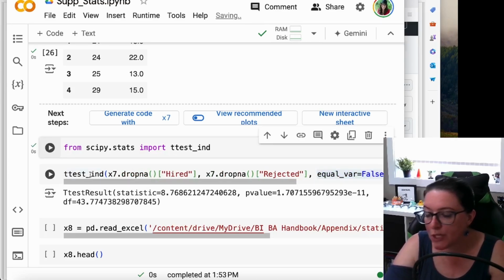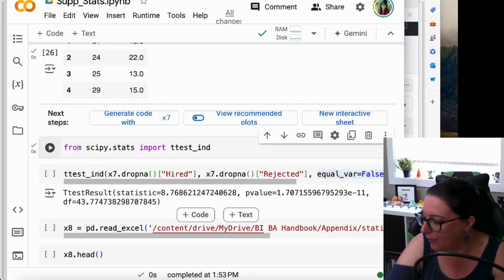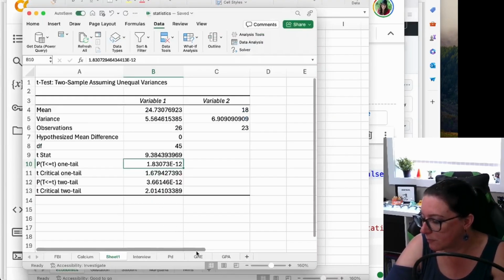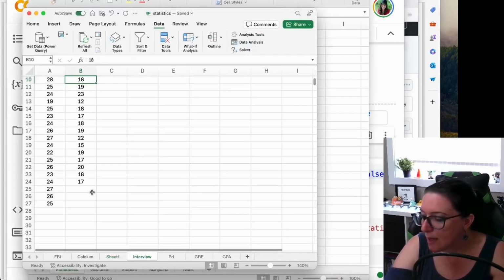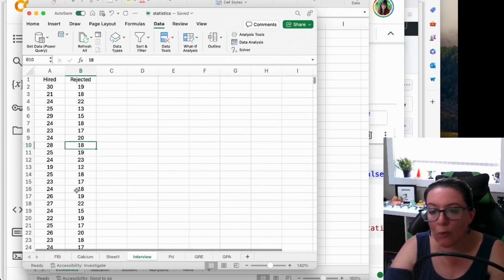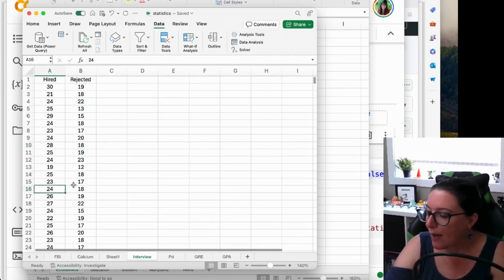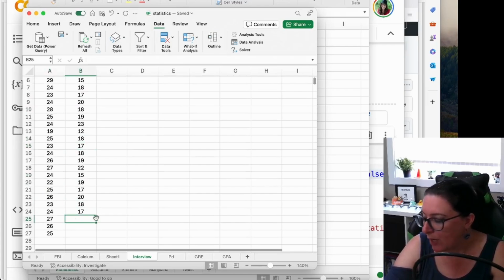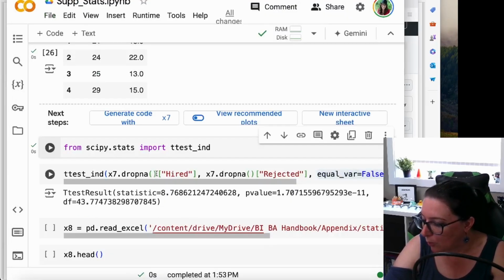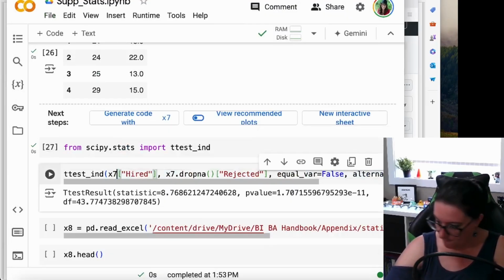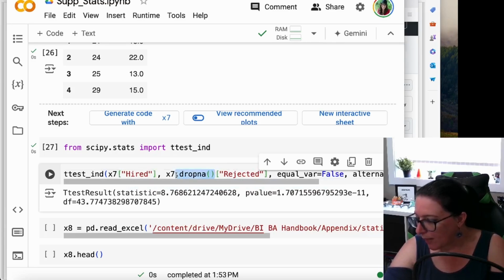Now in this particular data set, if I look at the original, notice that with this particular data, we don't even have the same sample size in the two groups. We have hired and we have rejected. So when I go and I run the code, I'm just going to pull this piece out here. When I go and I run the code,